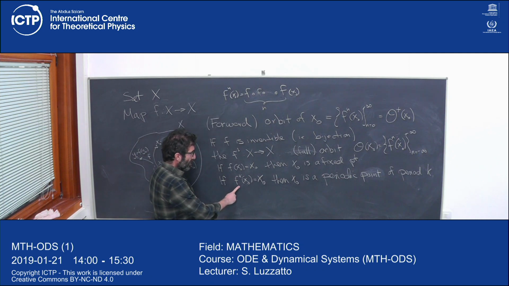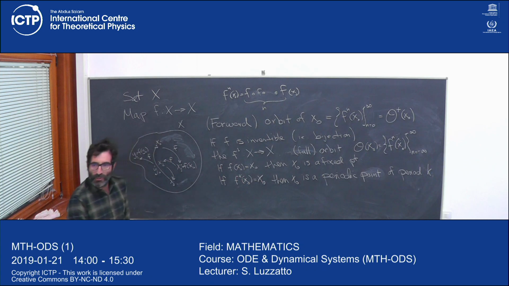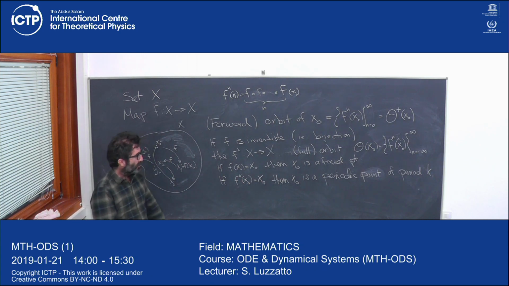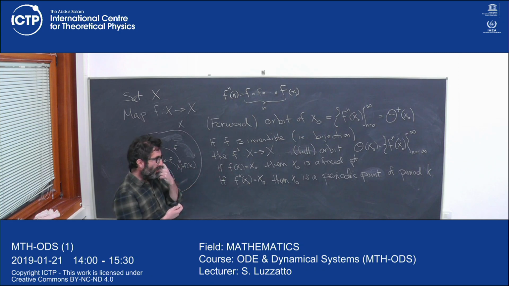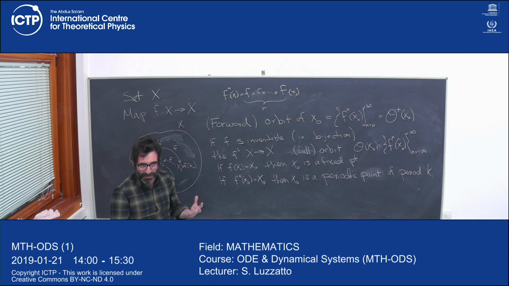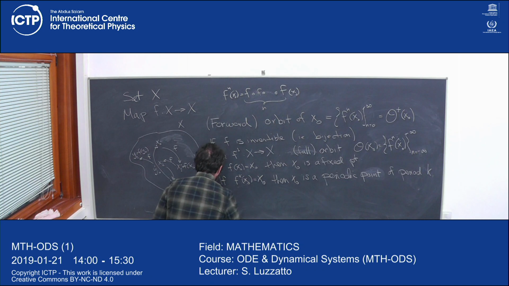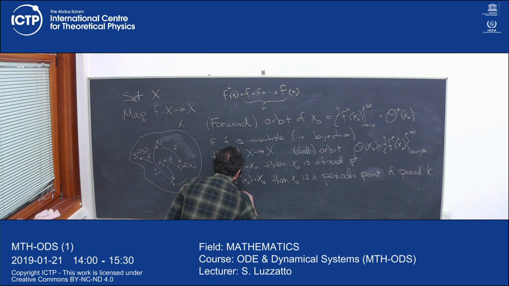So notice that, of course, a fixed point is also a periodic point for every k, right? Because if it's a fixed point, then f^k of x0 is also x0. So it is formally correct to call this also periodic point of period 5, but obviously does not really give you enough information. So sometimes we call the minimal period, it is really the minimal period, right? So k is the minimal period